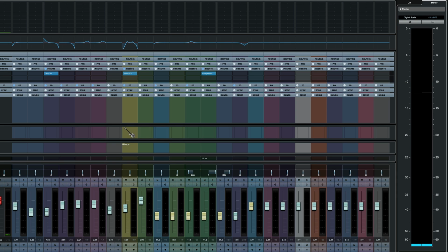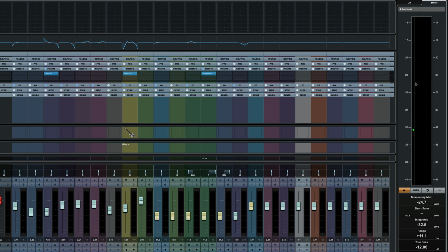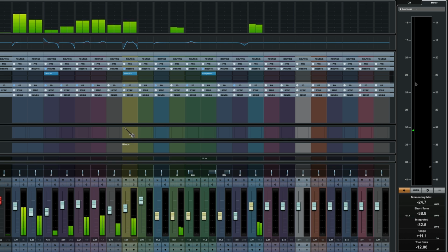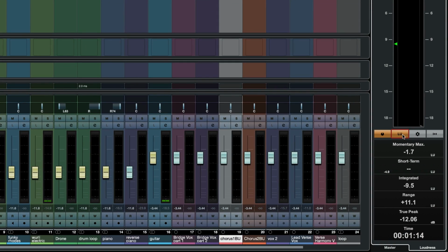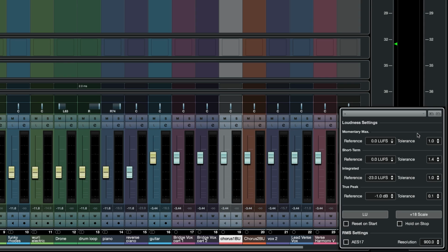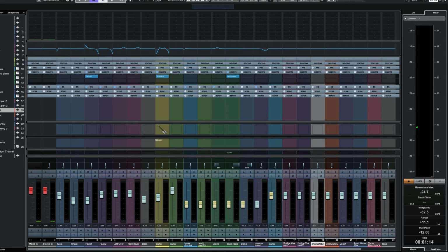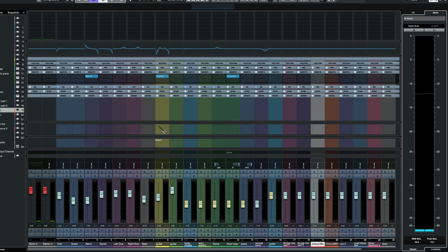The second tab with the meter is your loudness level. So this is another way of measuring your perceived loudness of your track. You've got loudness full scale units, your LUFS or your loudness units. You can address different sorts of references so that you can always make sure that you're delivering to your client specifications. I just leave it on master, and then you're kind of off to the races with that.